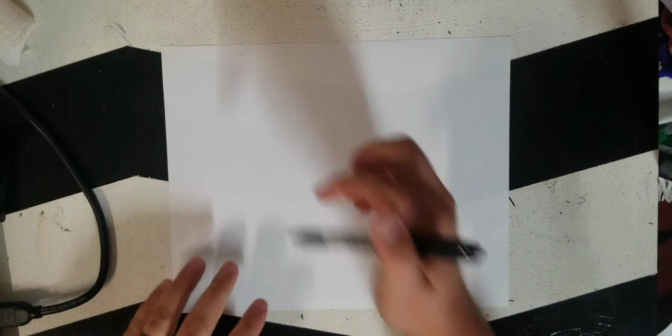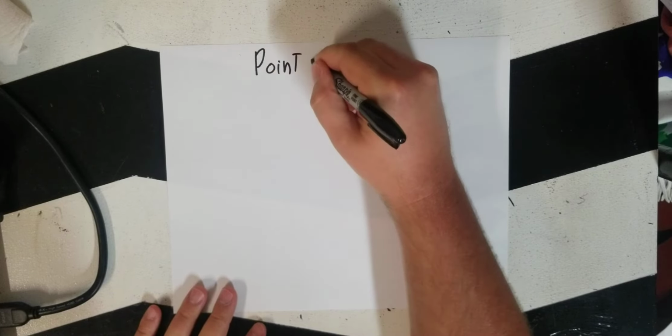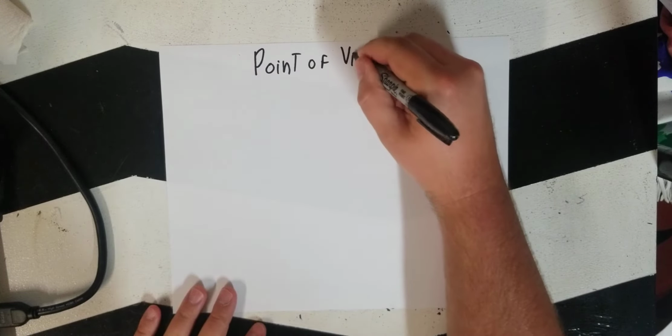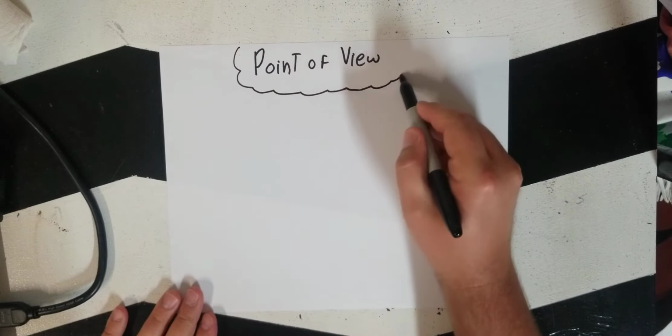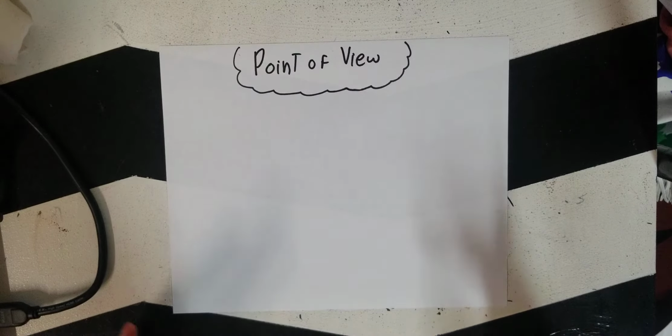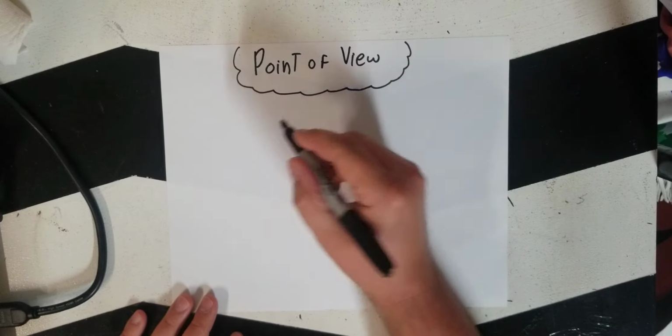Hello class, and today we're going to be talking about point of view. Point of view is the way that somebody sees the world, or the way that somebody sees a story. And we went ahead and watched a story about Nicholas and his cat, where Nicholas becomes his cat. So what I'm going to do is I'm just going to talk about what point of view is,